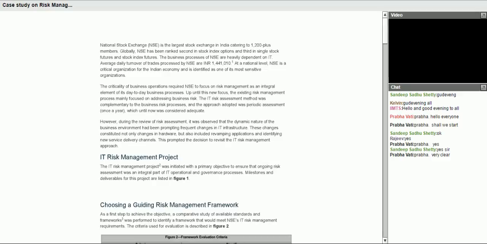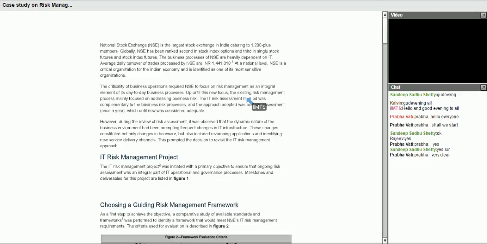The business processes of NSE are heavily dependent on IT. Average daily turnover of trades processed by NSE are 14,41,010. At a national level, NSE is a critical organization for the Indian economy and is defined as one of its most sensitive organizations. The criticality of business operations required NSE to focus on risk management as an integral element of